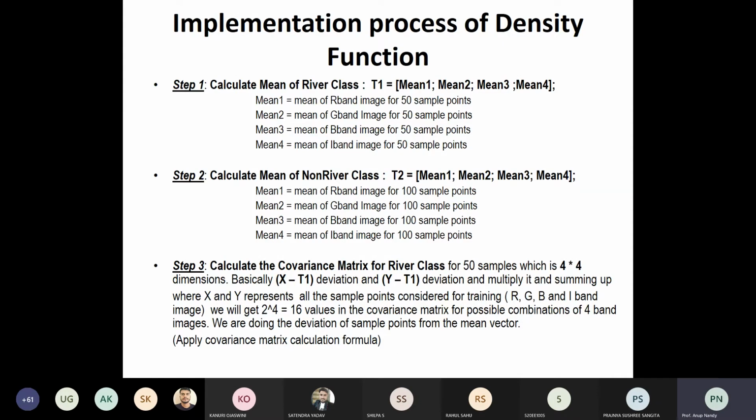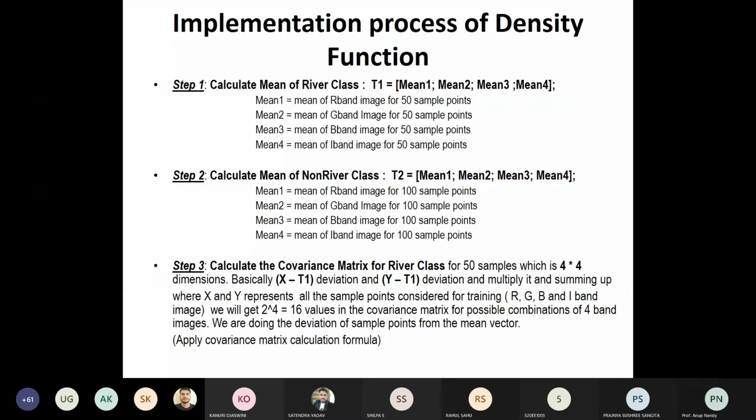So now how do you implement it? These are the steps. First step, implementation of the probability density function. How do you implement it? Now in step 1, you have to calculate the mean. I hope everyone knows the formula for the multivariate Gaussian distribution: 1 by root over (2 pi) to the power m, determinant of sigma to the power half, times exp of minus half, (x minus mu) transpose sigma inverse (x minus mu). I hope all of you know the formula of the multivariate Gaussian.